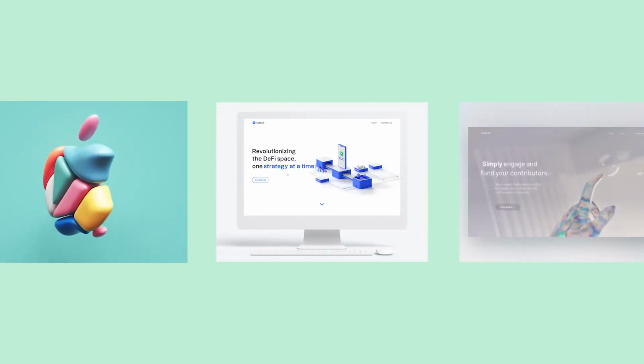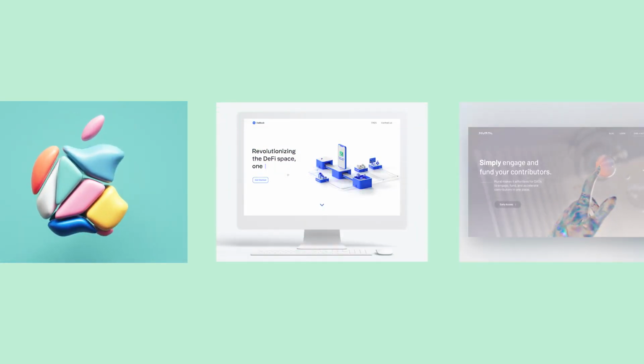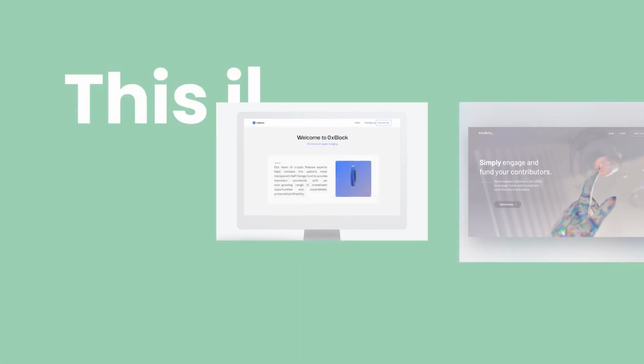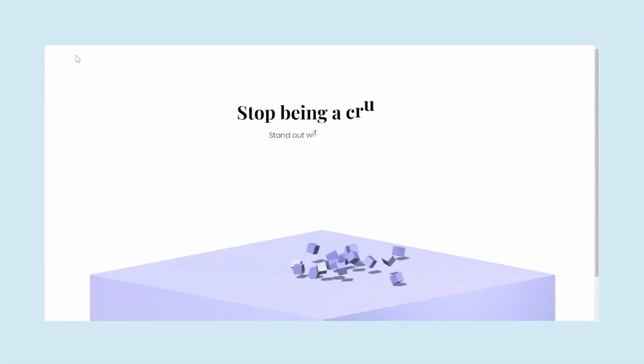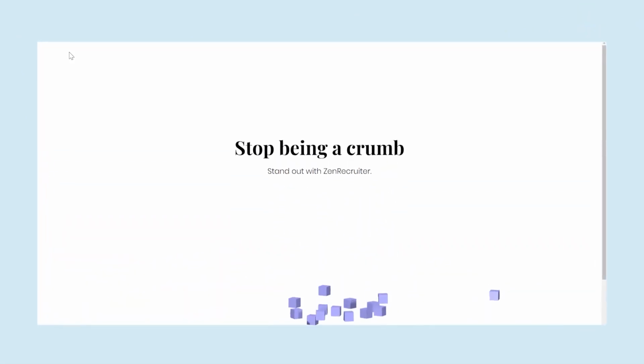If you've ever wanted to integrate 3D into a website, your knee-jerk reaction is probably one of, this is going to be a pain in the ass. But that isn't the case anymore. In fact, this here is the project you're going to learn how to create in this super quick, super simple